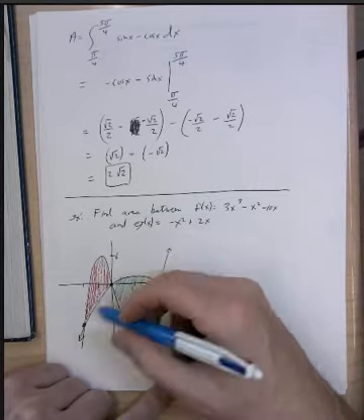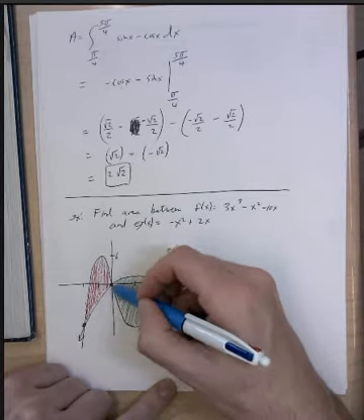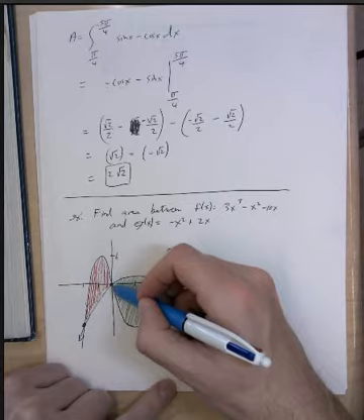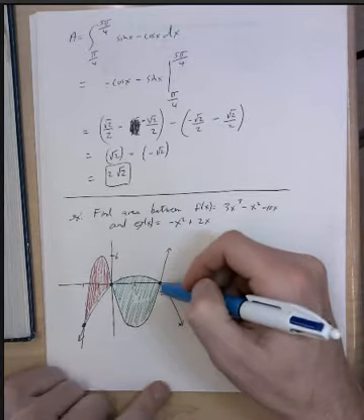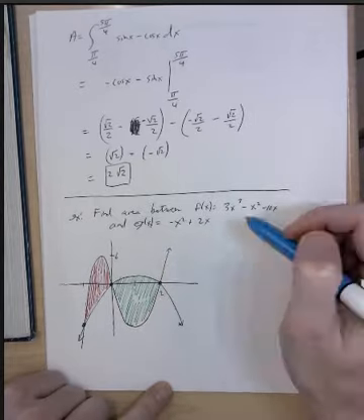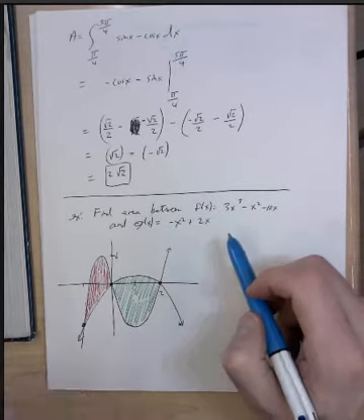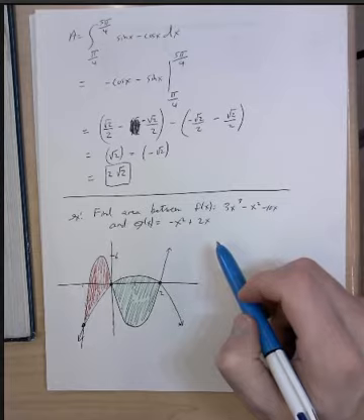So red region, cubic on top, and green region, where the cubic is on the bottom and the quadratic's on the top. So again, we can set these two things equal to each other, and with some work, calculator work